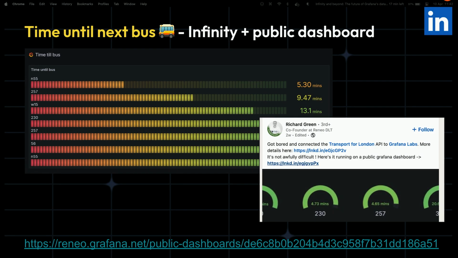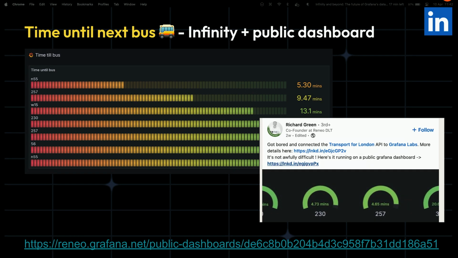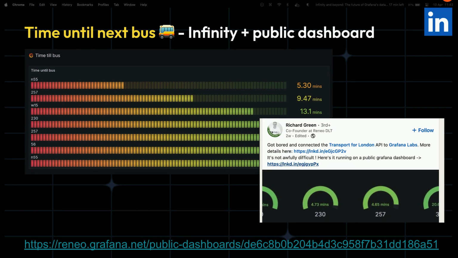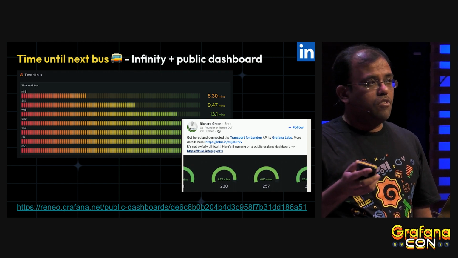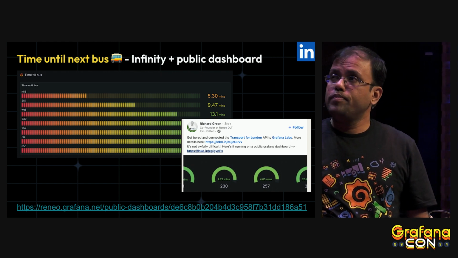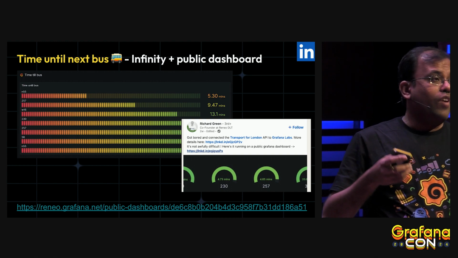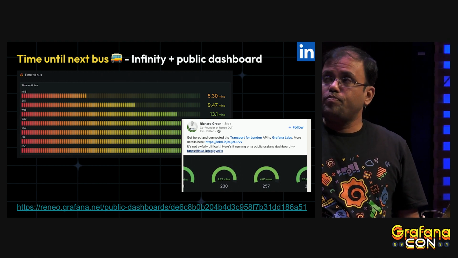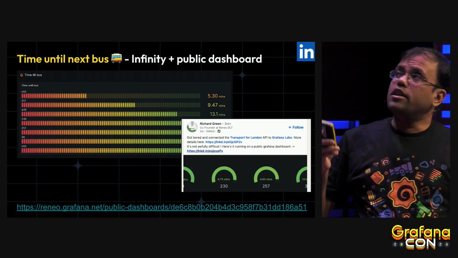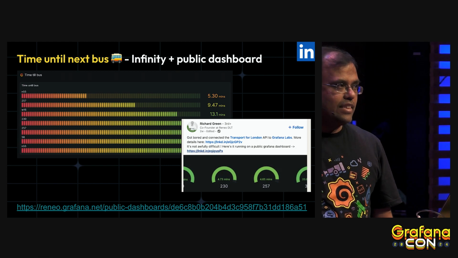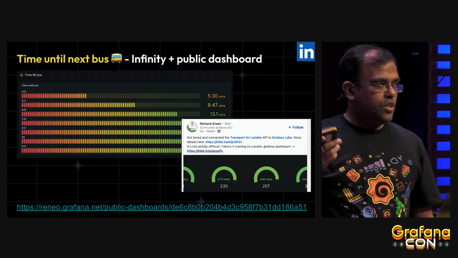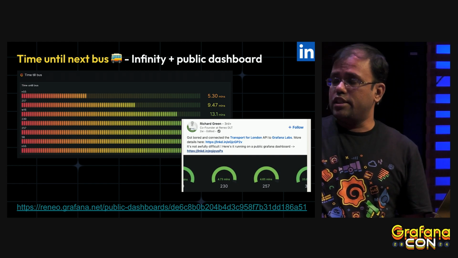Okay, last week I came across these community use cases and how the community is using Infinity. These are some examples I want to share. In this example, one of the users from London is visualizing their public transport data, TFL data, using Grafana and Infinity. What they tried is to see when their next bus is coming using their TFL API. And what's cool is that they even tried the backend parser, so that means this dashboard can be accessed by the public. So the user is utilizing the public dashboard feature. You can play around with this cool dashboard at this URL.